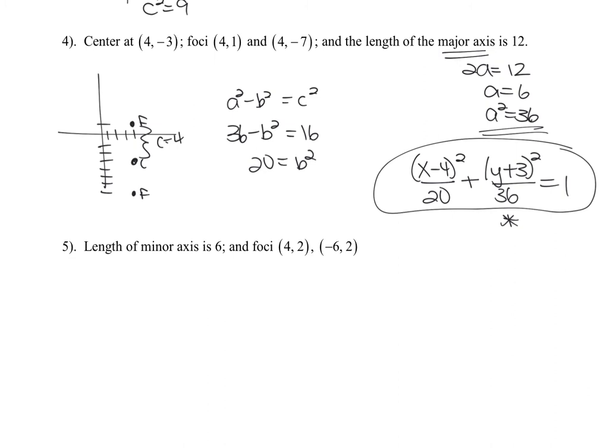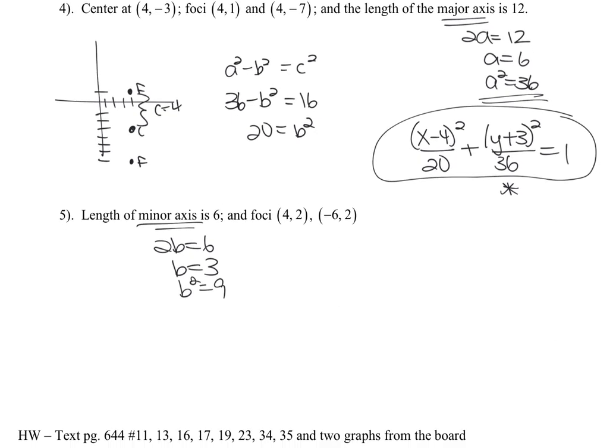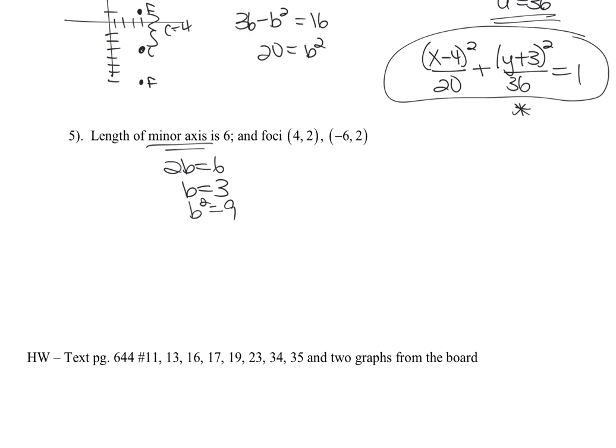And then last but not least, the length of the minor axis, that is 2b. So therefore I am solving for b this time. So b is equal to 3, b squared is equal to 9. I don't give you the center, but we'll be able to find the center just by thinking of my picture. So I have a foci at (4, 2) and a foci at (-6, 2),